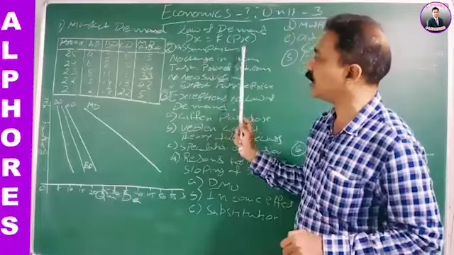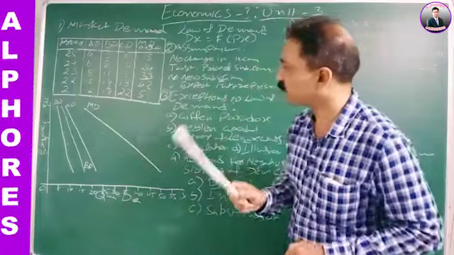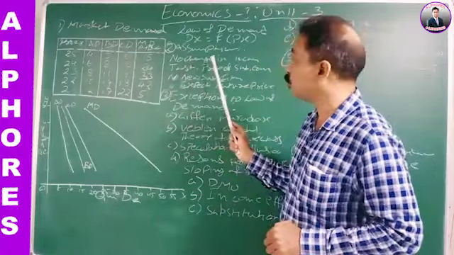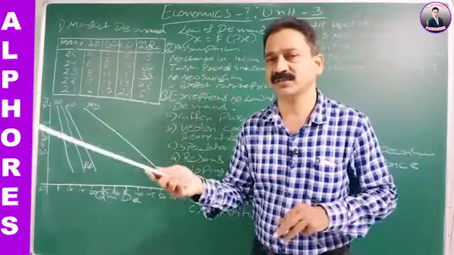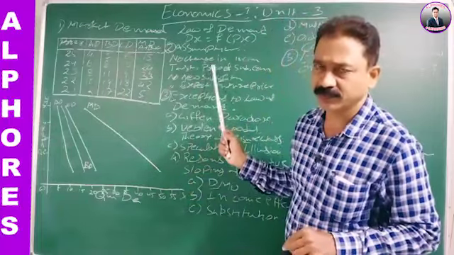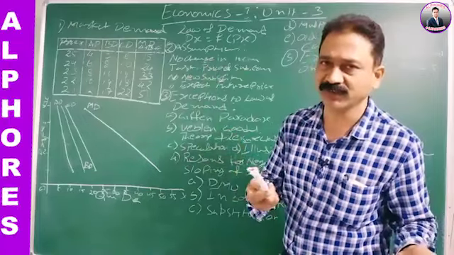Now let us see the assumptions. Assumptions are, we assume no change in income. That is the first assumption you can see. Second assumption is no change in the taste, price of the substitutes and complementaries. These are 3 points. They divided them for our advantage. I put them all together. You can see that in the book itself or in the notes.